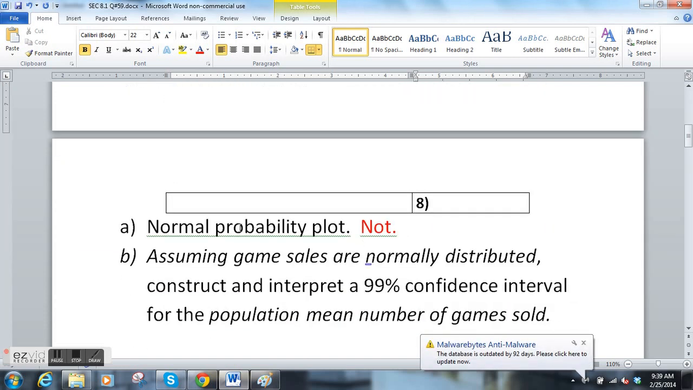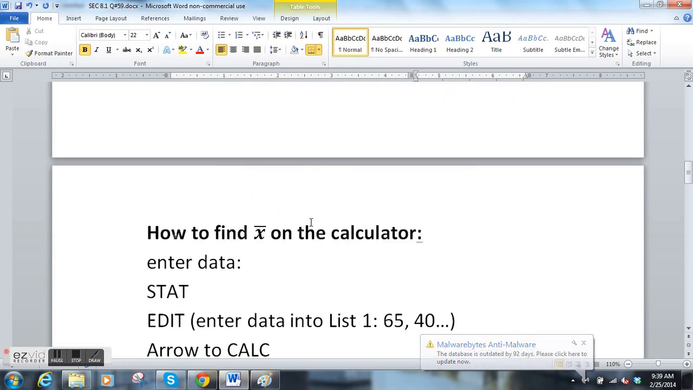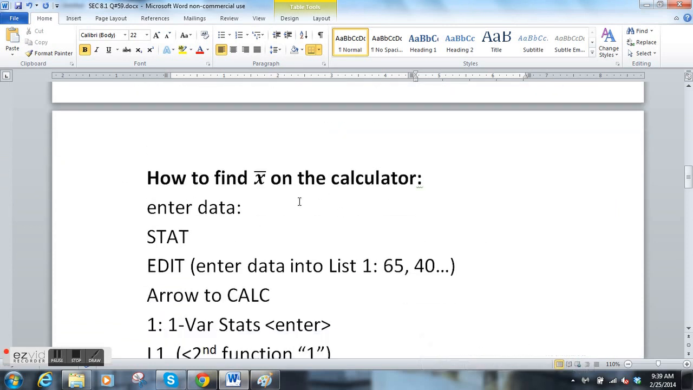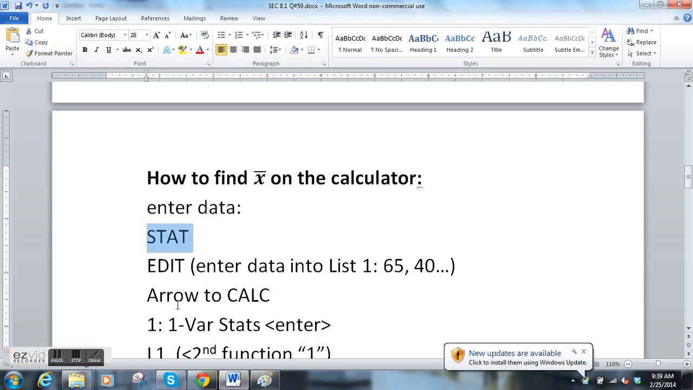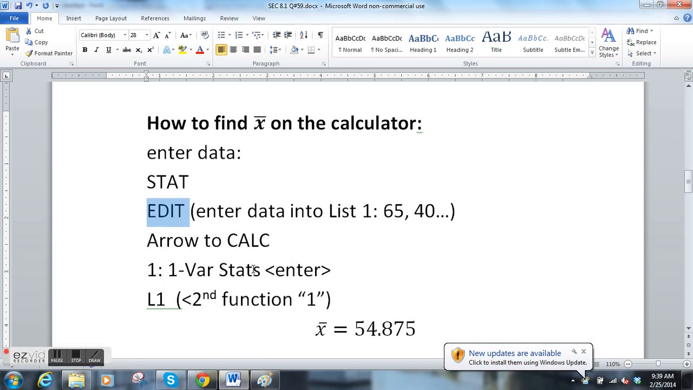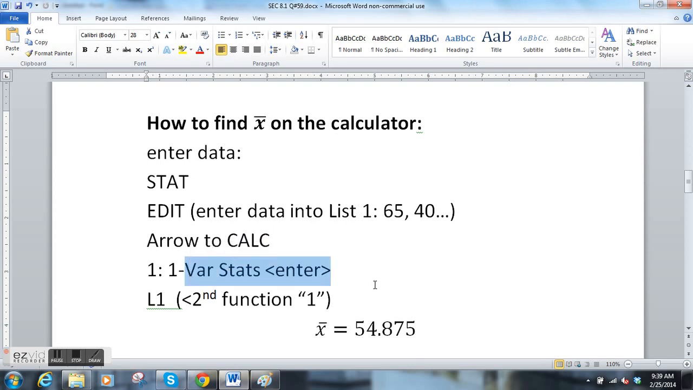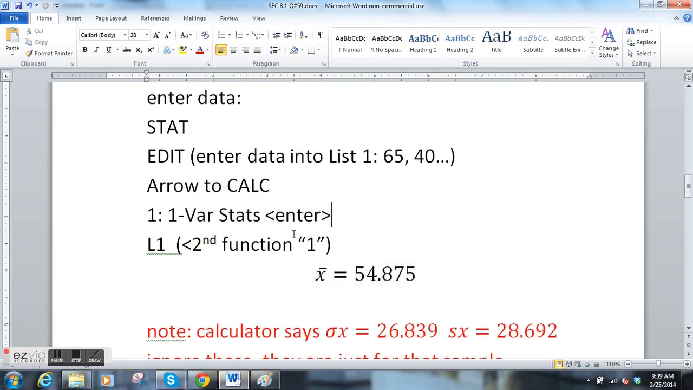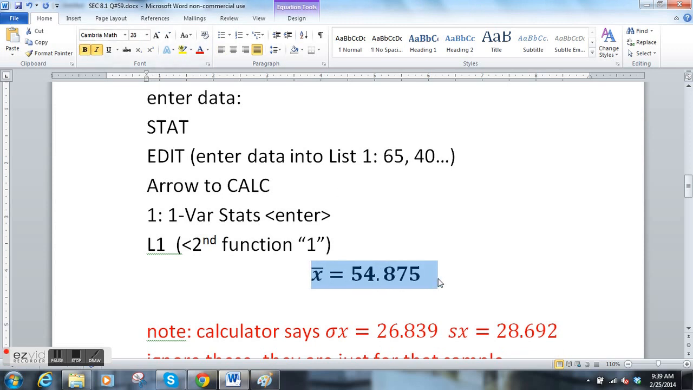If you forgot how to do this, you can find x bar on your calculator. This is a bit tedious, but remember you can go to stat, and then edit, and enter all the data into list 1. Remember how we did this? This is chapter 3, a nice review for the final. Then you go over to calc, hit one variable statistics, enter, and when it's waiting for you, hit L1, that's second function 1, and then it'll give you x bar equals that same number. But in this case, it might actually be easier just to add them all up and divide by 8. X bar equals